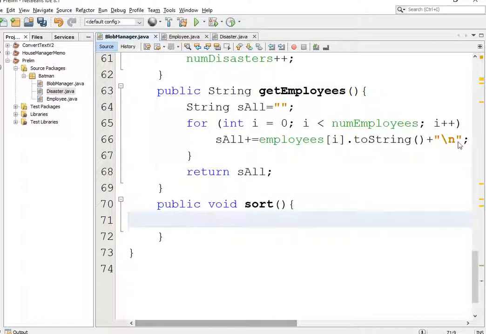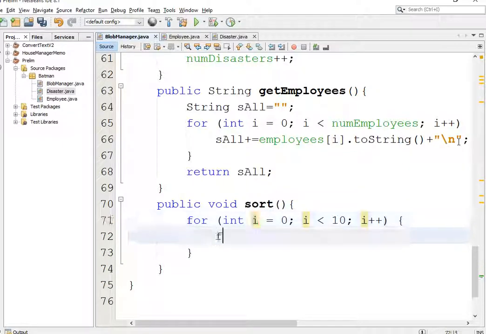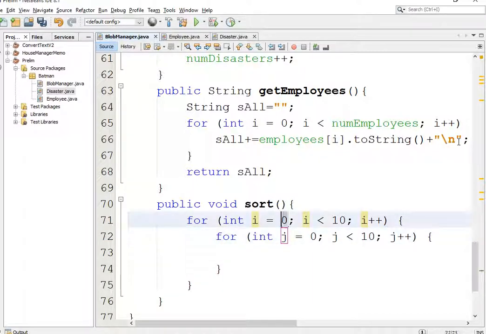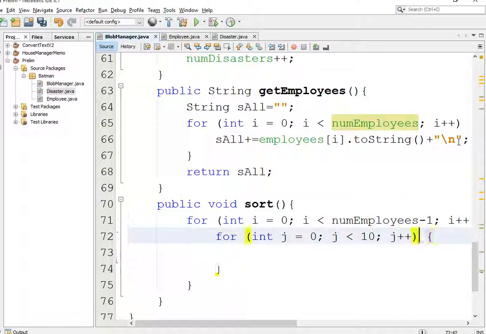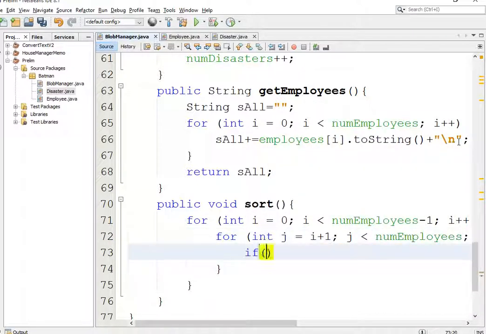So if we go here and we say the trick of sorting for tab, start at 0, end at num employees -1. You don't need to check the last one. Once you've gotten to the end, you are at the end. And this will be equal to I plus 1, so check the one after it, and this will end at num employees. We will then check if we need to swap them, and we will swap them